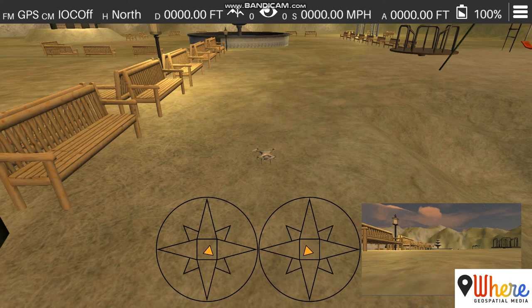In the next session, I will take you through how you will navigate using the drone. How to go up, how to go down, rotate left, rotate right, move left,